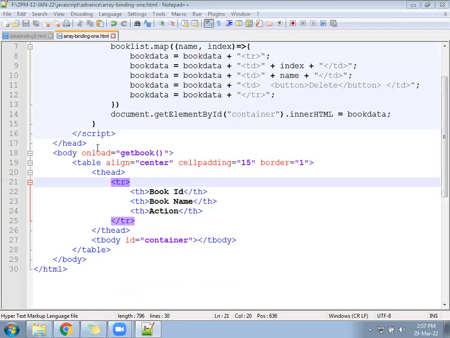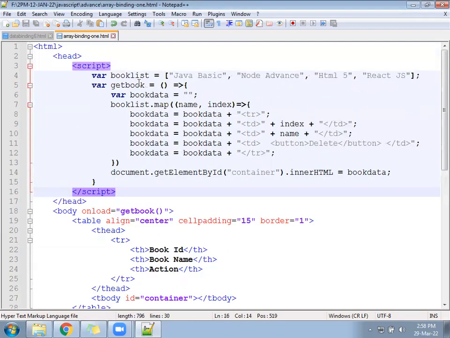This is the HTML code, this is the JavaScript code. Compare twice, thrice.